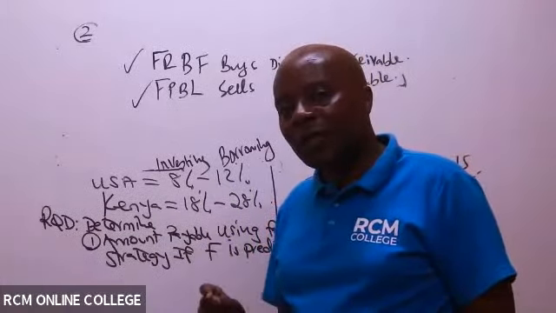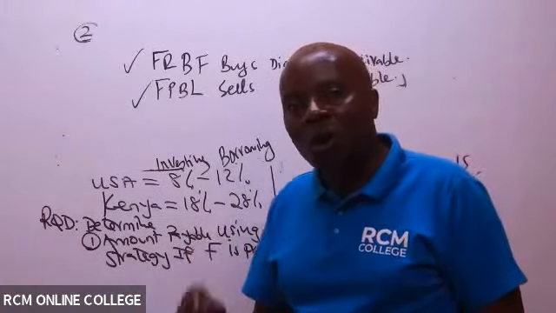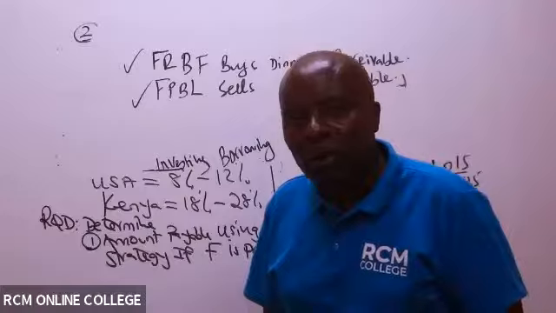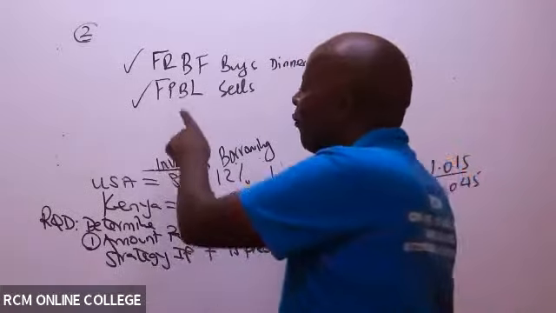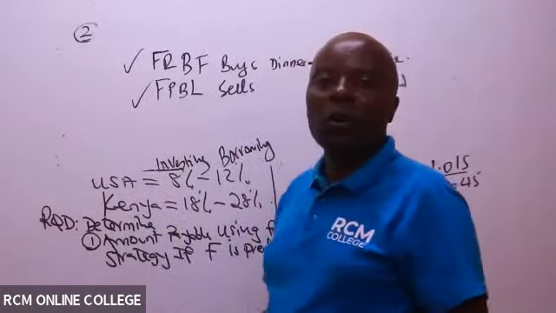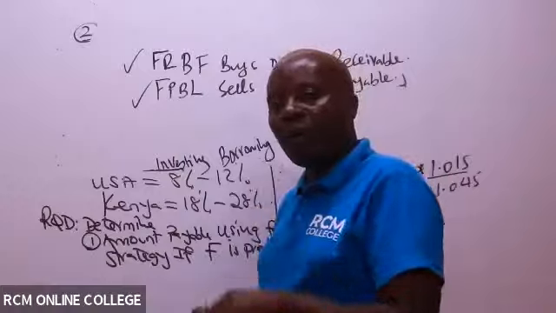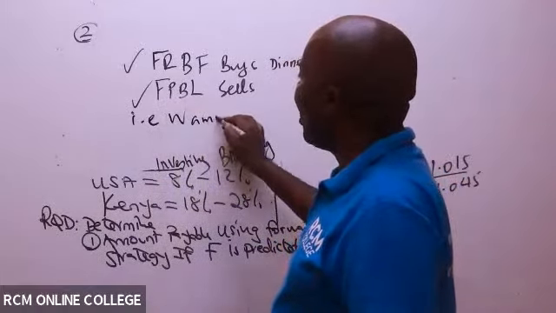FPBL stands for what? Foreign payment, you borrow local. Foreign payment, borrow local, i.e. Wamchomba